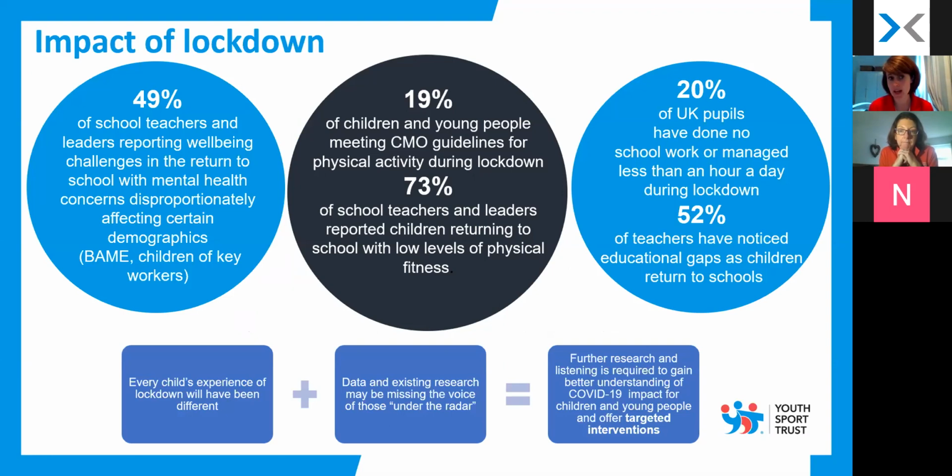Left-hand side is the mental health picture, middle is the activity picture of physical health, and the right hand side is the educational outcomes. Obviously you will know the picture for your pupils. You're the expert of your pupils and what their experiences have been of lockdown, but you may be seeing some correlation to some of these stats on the screen. And very much it's around utilising the PE and Sport premium funding to support that recovery of your pupils, because we know the power that PE, sport and activity can